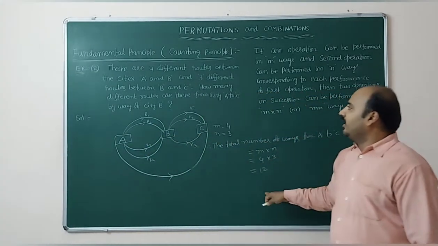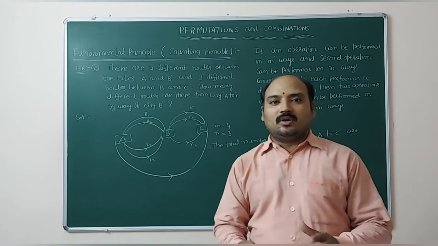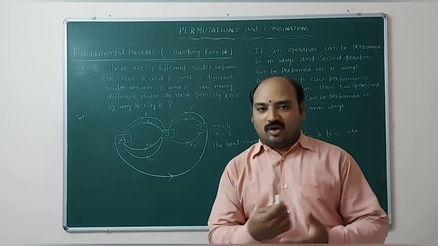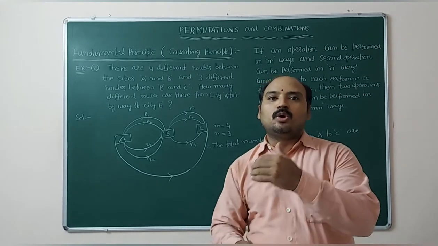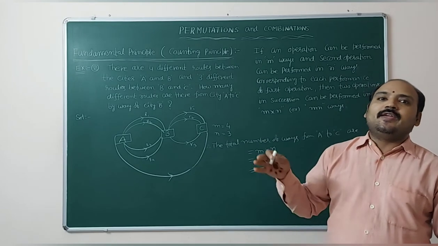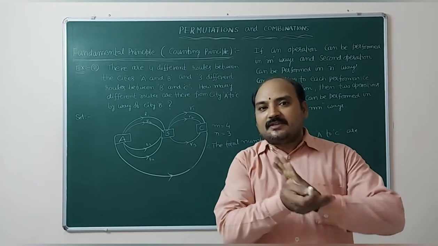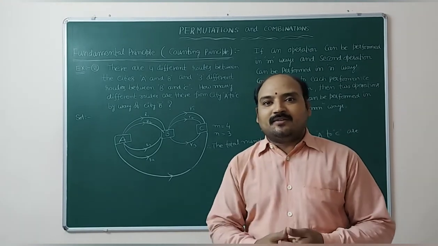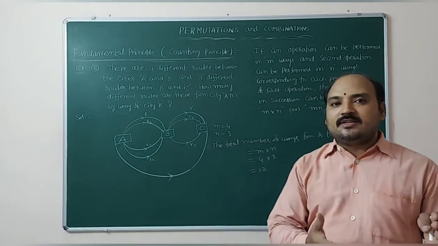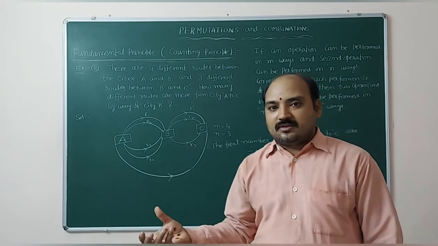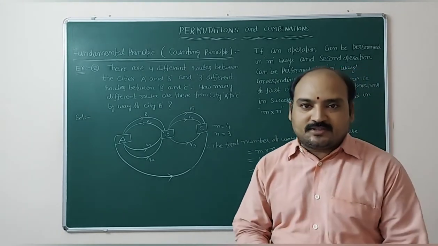So these are the way we will apply the fundamental principle. After that, we are going to learn an important concept about nPr. The number of arrangements from n dissimilar things taken r at a time is nPr. So what does nPr represent? Out of n things, r things can be arranged in nPr ways. Here P represents permutations. I am going to explain how it will be nPr ways.